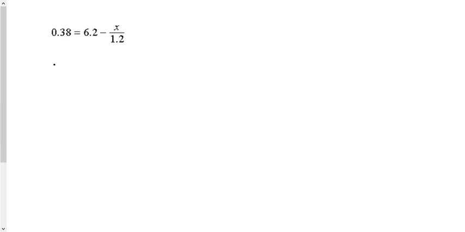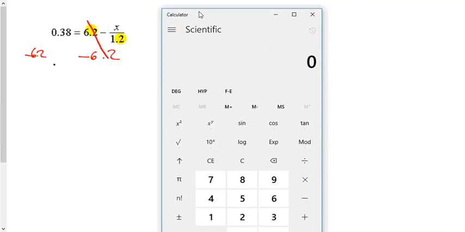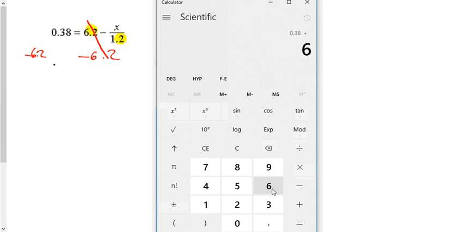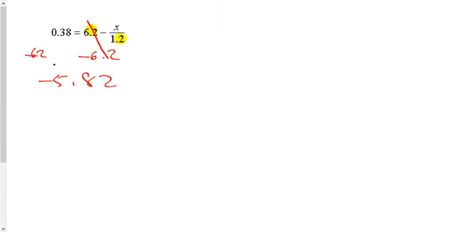Now we have a variable on the other side. So we have a fractional coefficient, and it's 6.2 constant. Subtract 6.2 from both sides. If you're not very good at this, just use your calculator. 0.38, add that to 6.2, and we'll just change it to negative, so combine those two, and you end up with negative 5.82 is equal to